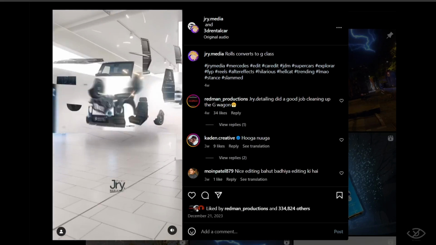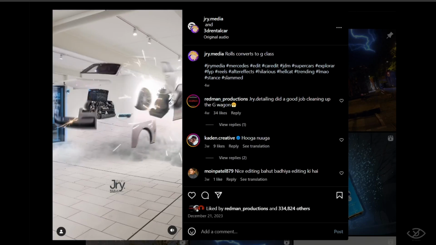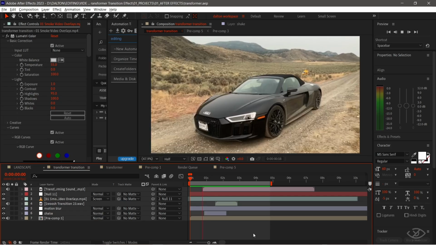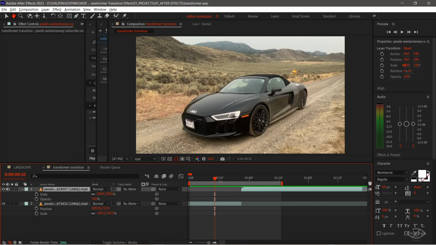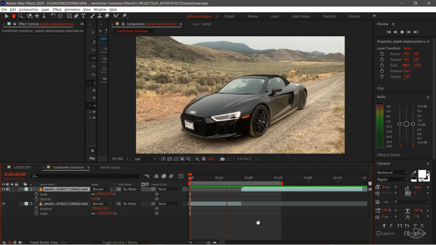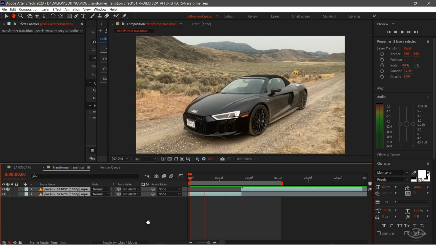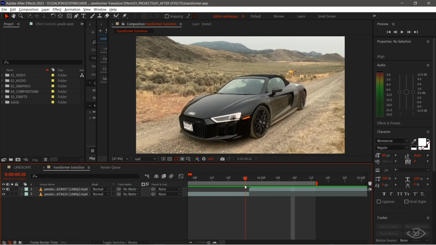What's up guys? Today, I'll show you how to recreate this cool transformer transition effect, popularized by one of the famous car edits content creator on Instagram, jry.media. So I'm gonna use these two project clips to do the transformer transition effect. Ideally, in order for this effect to work well, these two clips should be kind of similar, like angle and